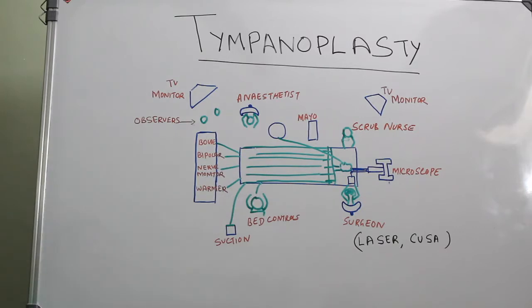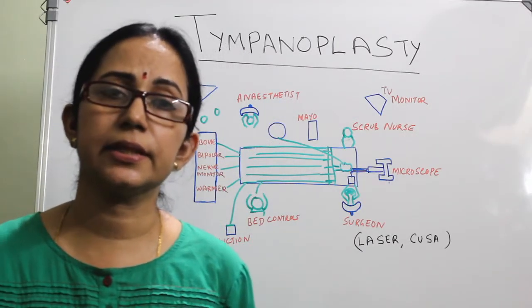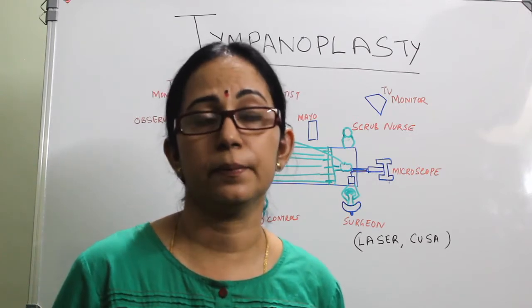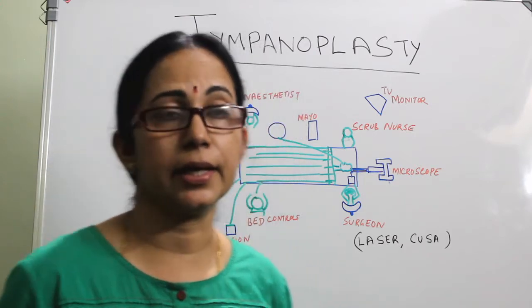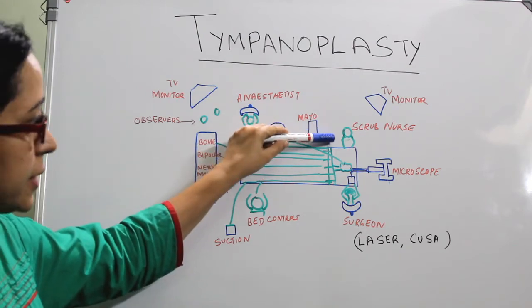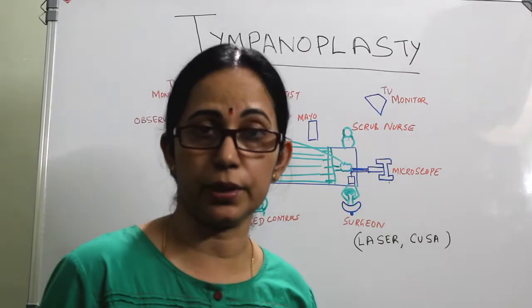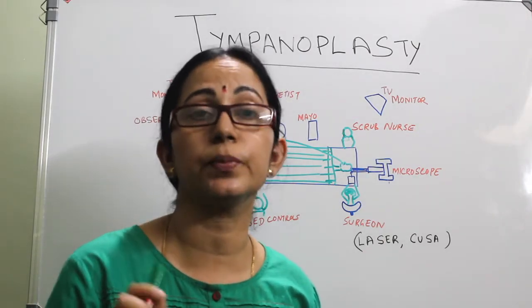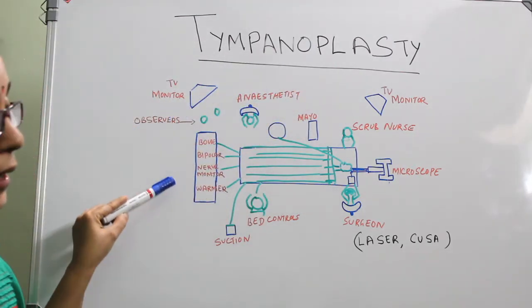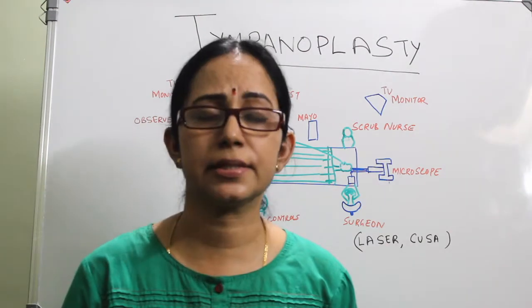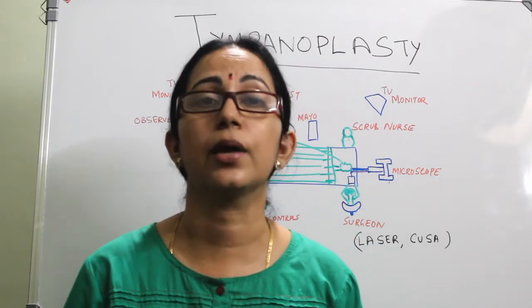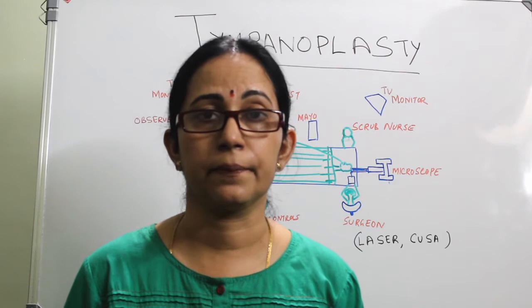And this is the ideal position for the observers, so that they can look into the TV monitors of the operating system. The standard surgical textbooks advise that the foot switch be controlled by the surgeon itself, but in case assistance is needed, you can use the pedal foot with the scrub nurse, except for the laser and CUSA. The foot control of laser and CUSA should be operated by the surgeon itself. So this is the ideal operating room setting, and strict aseptic precautions should be observed, especially in case of ear surgeries and also in neuro-otological surgeries.